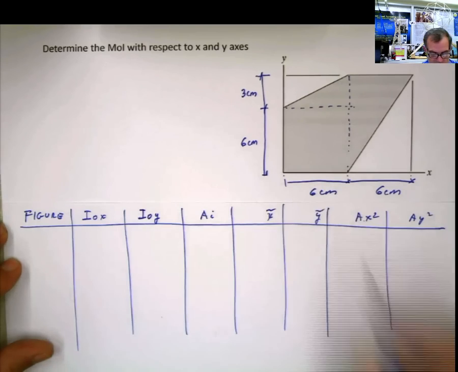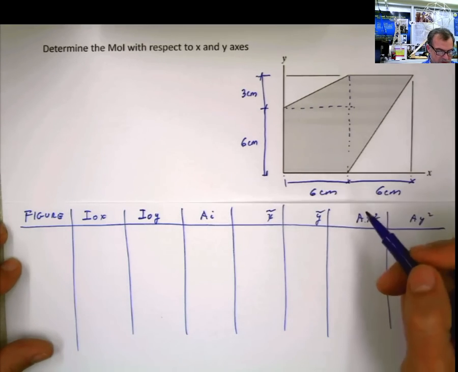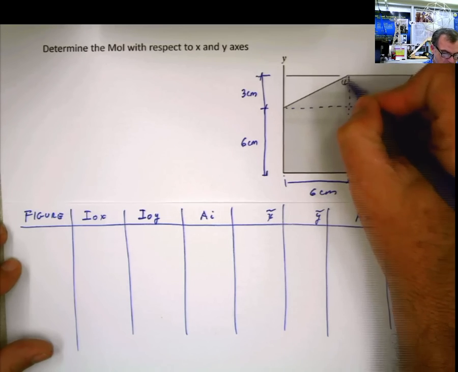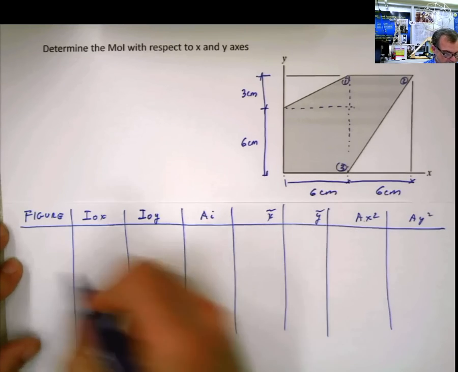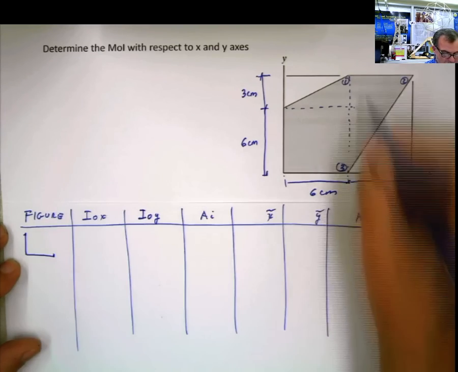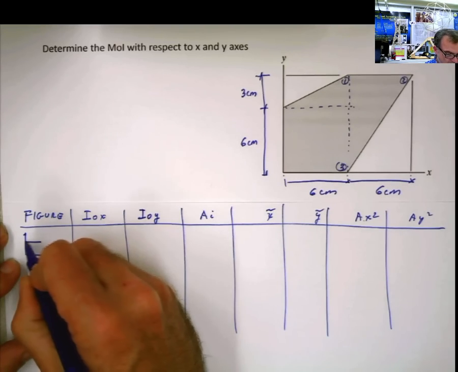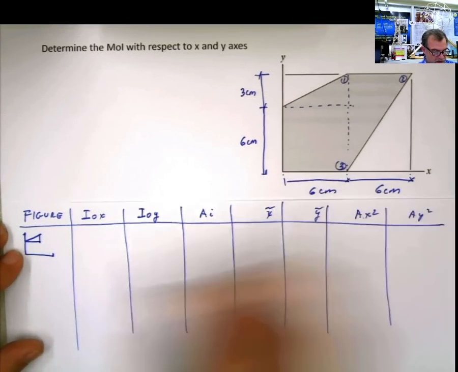Figure. Well, the first thing is the composite figures. I did the first division like that. I'm going to say this is figure 1, this is figure 2, and this is figure 3. I like to always put my axis of reference here, whatever figure 1 is referred to,